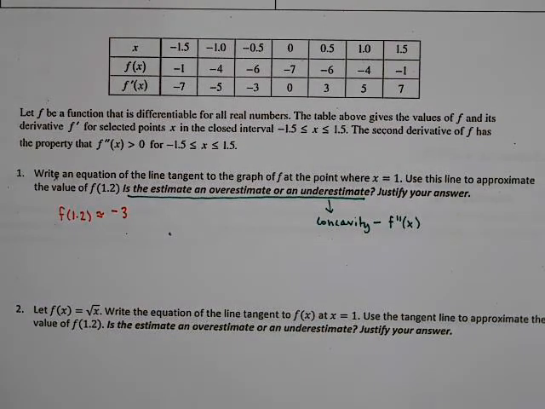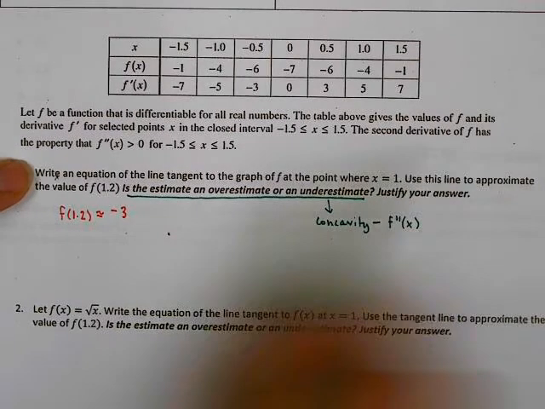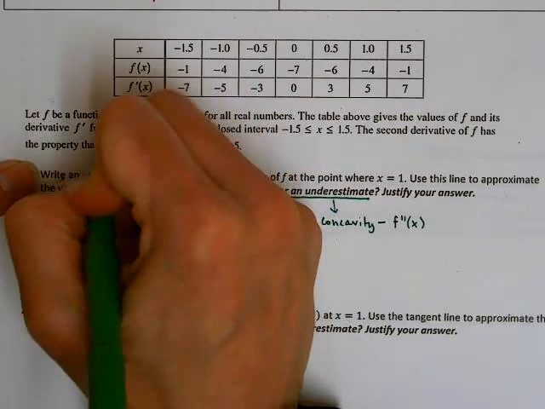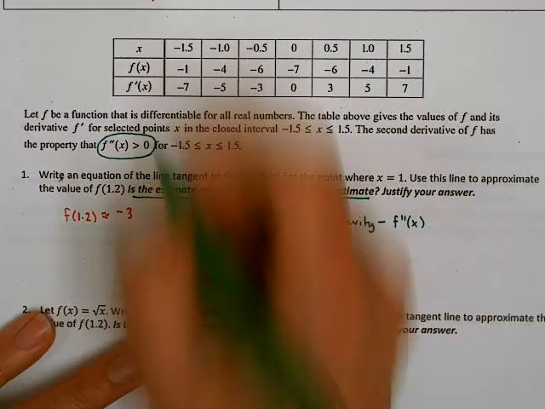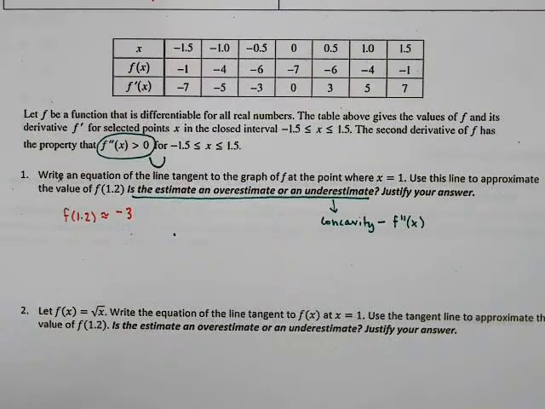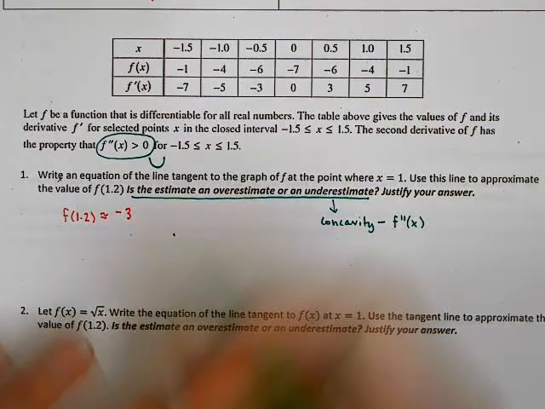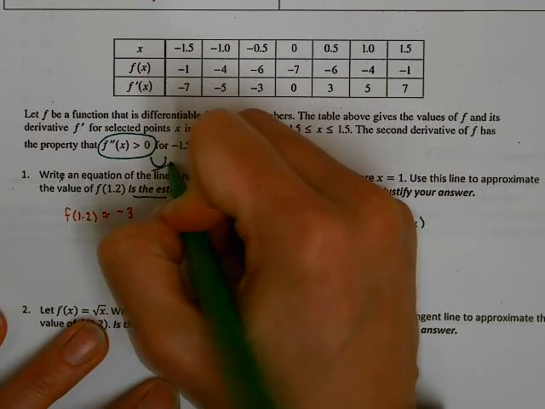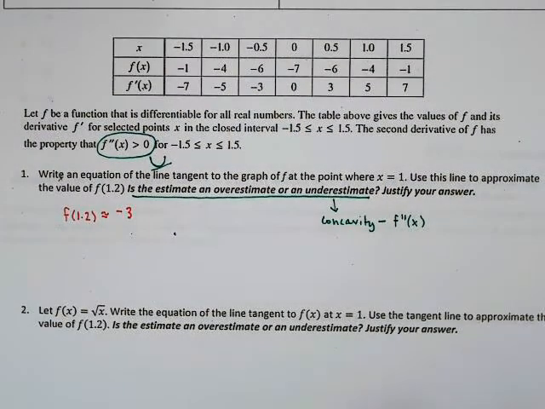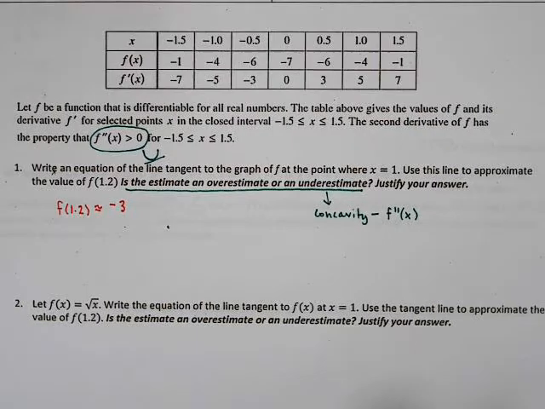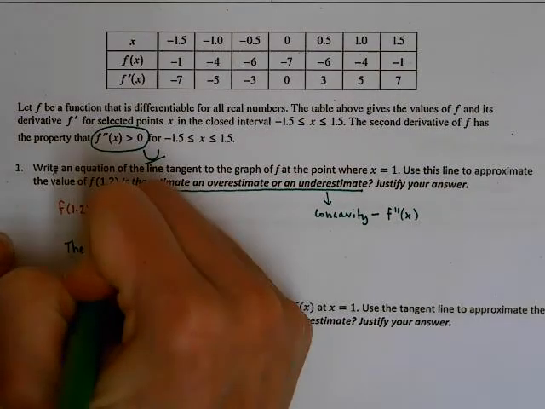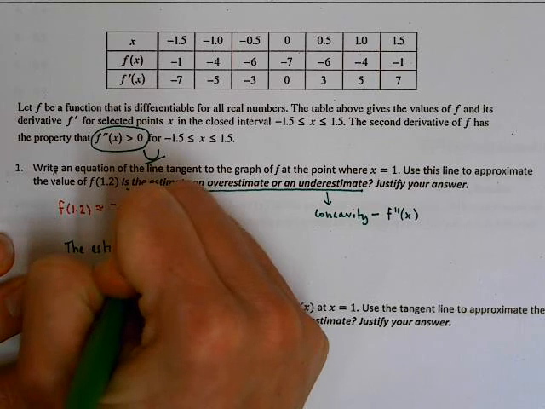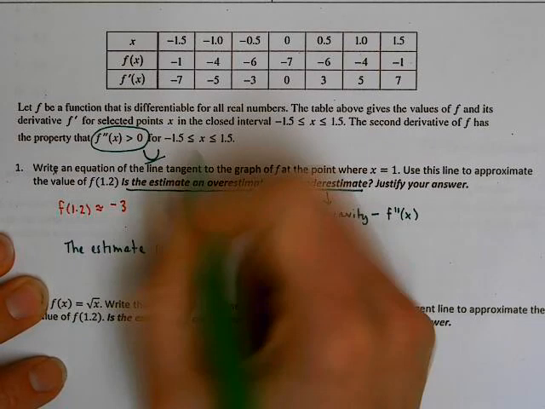So if I go back to the problem, they told us that the second derivative of f has the property that f double prime of x is greater than 0. So since that's greater than 0, I know my function is opening up, which tells me that my tangent line is going to lie underneath, so I'm going to have an underestimate. So here's how we would respond to that question. We would say the estimate is an underestimate